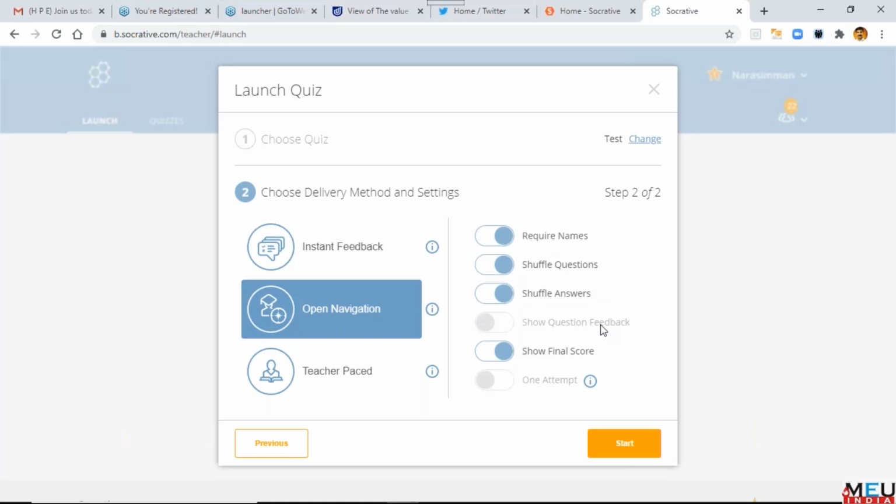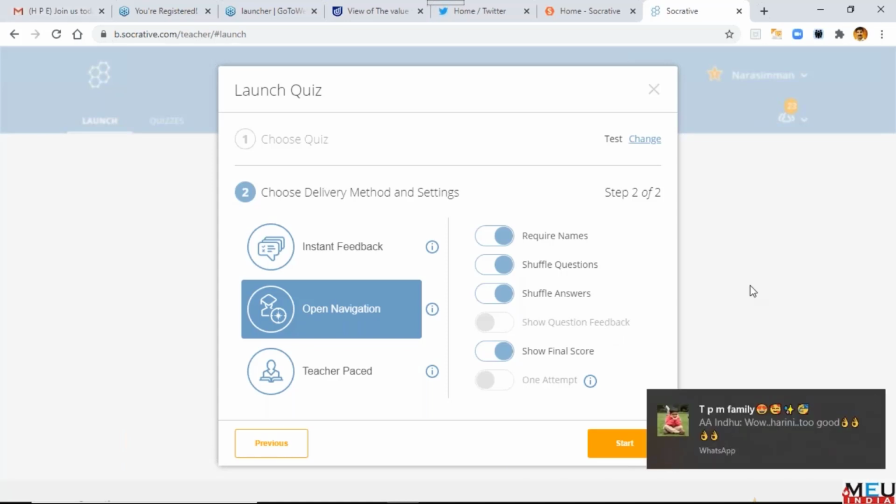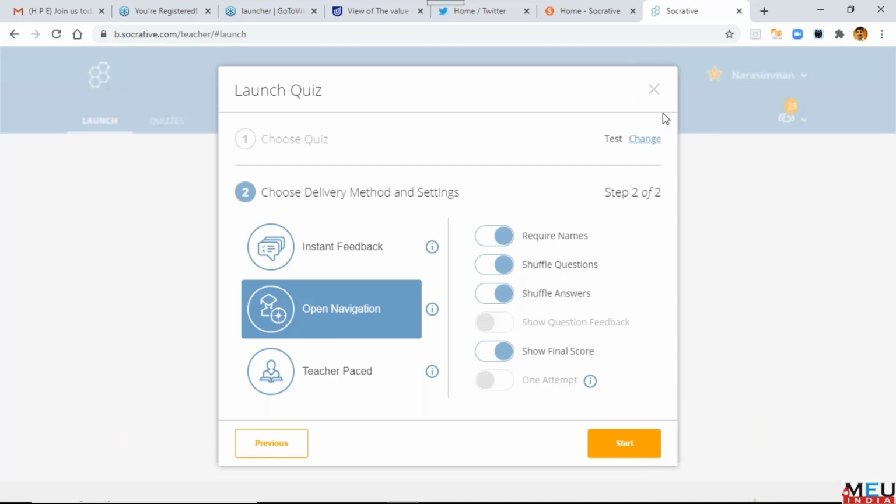So this is more secure than Kahoot. This could be used for your internal exams also if it is designed properly. We will be able to use this for your internal assessment. You can give a full scenario. I'll show you some of my Socratives. You can go for an off-page case scenario also. I do that.